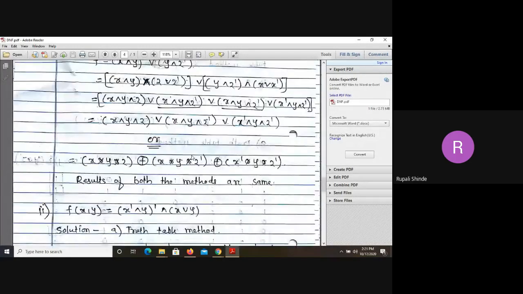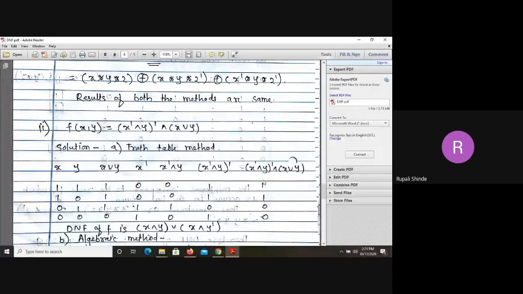So again we have to think about minterms. Wherever we have written 1, we have to see what the values for x and y are. For this one, the value of x is 1 and the value of y is 1, so it is x and y, or x star y. For this second one, the value is 1 and 0, meaning x is 1 and y is 0. 0 means y's complement. So this is the DNF for this given expression.